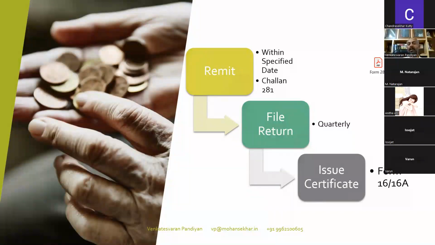So why is the certificate required to be issued? The recipient, based on this certificate, will file his statement of income. Particularly in all cases other than salary, it's going to be very simple. I know that if it is going to be 194J, there is so much amount and the tax. But when it comes to Form 16, which is salaries,